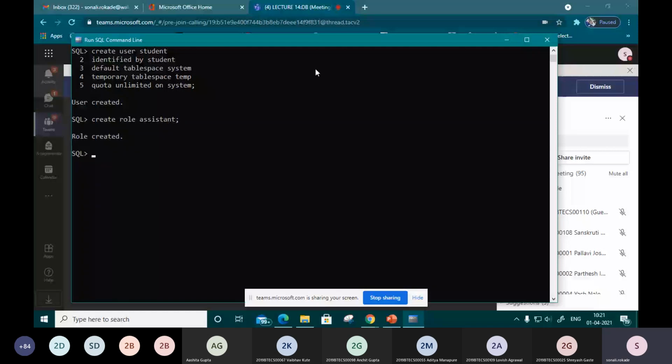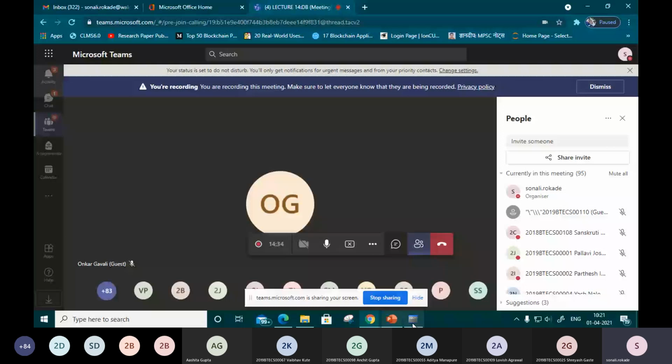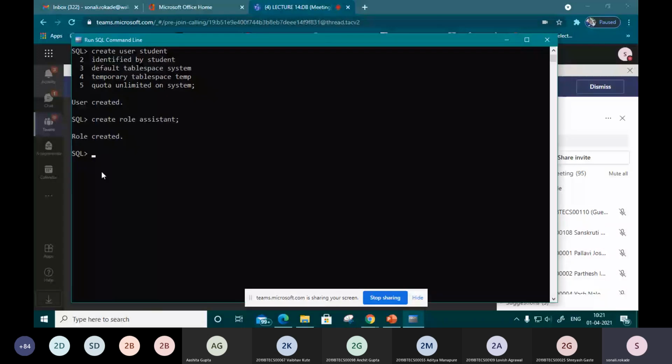Now I want to assign this assistant role to users. But before that, we have to define what kind of role these assistants are going to perform. Assigning permissions is done with the help of the grant command.